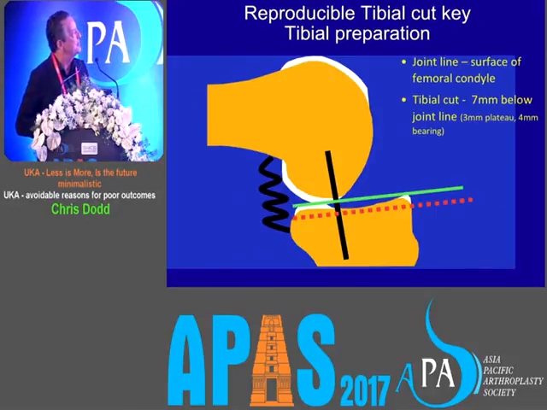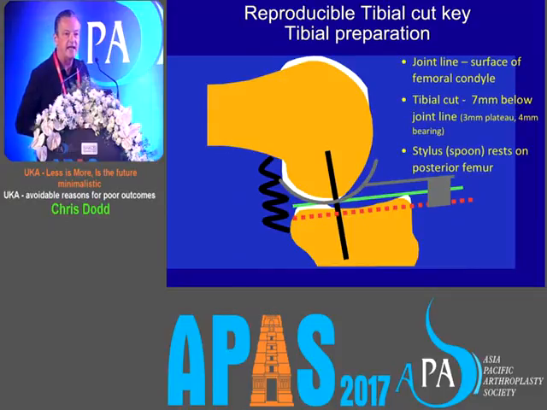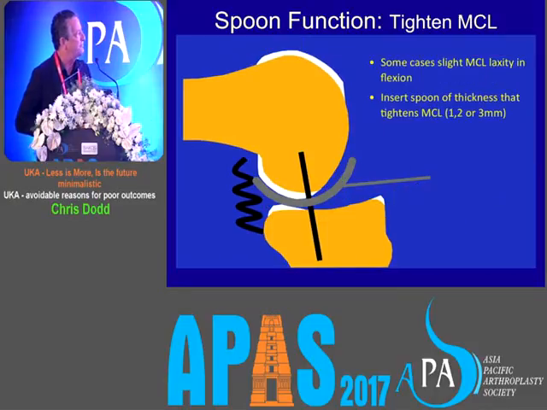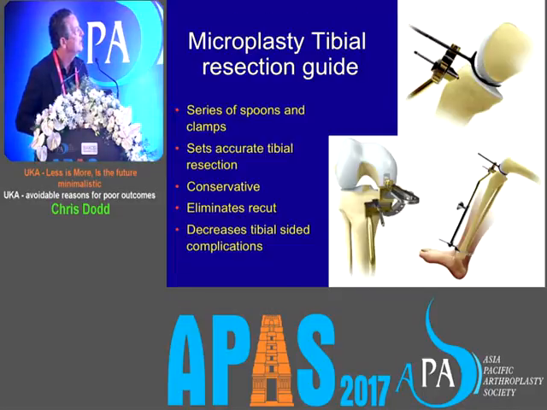So I won't labor this, Rami has shown you this, but basically we introduce the spoons, which are a stylus, and the clamp so that you can get a very accurate cut of the tibia. And I would suggest to you that not only mobile, but fixed bearing should have this form of device. Never ever recut. So here we are, this is what it looks like. You've got your spoon, you've got your G-clamp, and you've got your extramedullary rod.